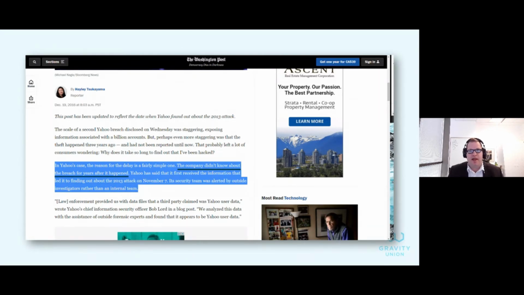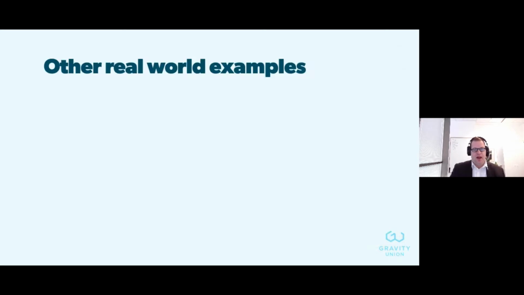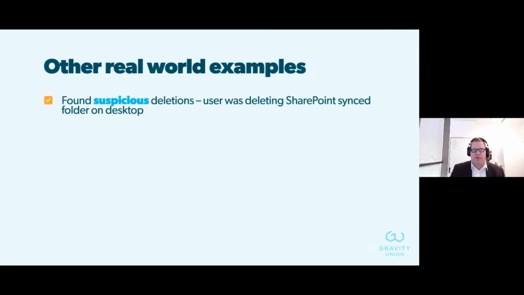for several years after the fact, which kind of drives home the importance of needing to hold on to that audit trail for a good period of time. Other real examples that I've had personal experience with: we actually recently noticed a bunch of deletions in our own